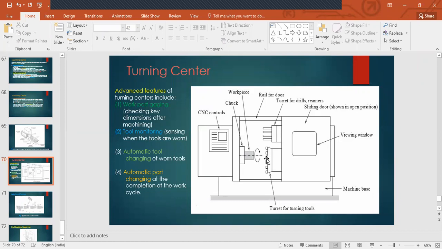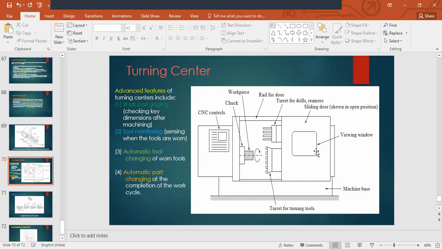Same capabilities apply here, that you're able to change the tool automatically, right? Based on the tool number, you have these pocket numbers on these turret. Okay, whenever in the program you're specifying T05 tool 5, the turret will rotate and it will come to tool 5 and it will automatically change the tool. With the present tool it will replace, T05 will be kept, and after that, as per the instructions, either the coolant will be on or the work part will be fixtured, etc., right? So in the program it will be specified as per the tool number.